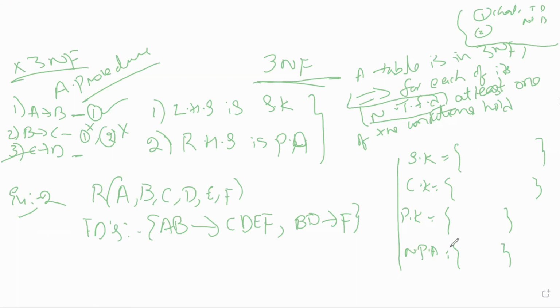Okay. See, I got your doubt. From BD determines F, okay. See, in this, I think you got a doubt. As B is a subset of the candidate key, but it's not a complete prime attribute. D is also a non-prime attribute, so you have to consider this completely a non-prime attribute only. Got it? Got it, Nalini? Okay, good.